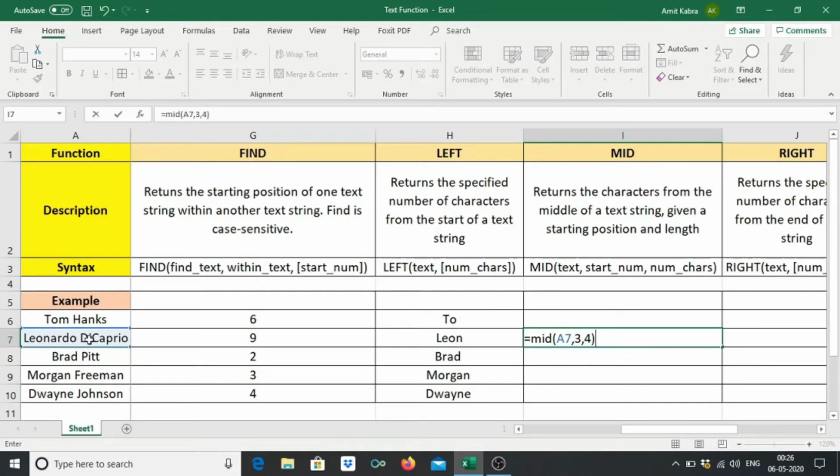So 4 bracket close. You can see "ONAR", 4 letters from the 3rd position, which has been displayed here. Similarly in Brad Pitt, if we want to find out 4 letters from alphabet A, so it will be equal to